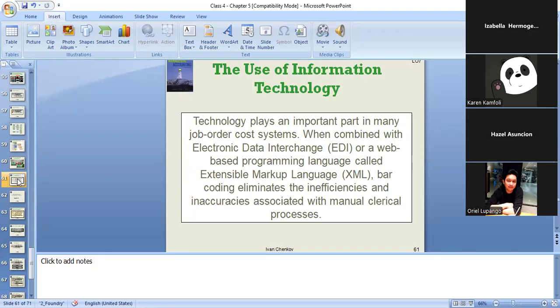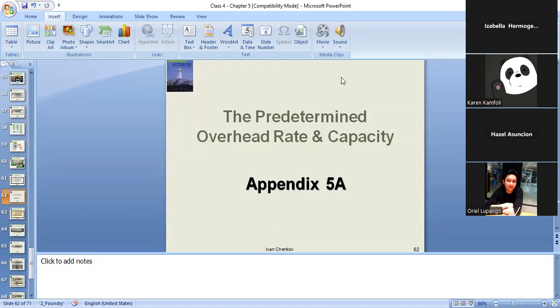So for information technology, we're going to use a language which can easily be translated into the Excel spreadsheet. And that's going to help us transfer the information into the Excel spreadsheet. In the Excel spreadsheet, as you can see, we can easily work with the numbers, come up with the calculation, and get the results. And that's about this chapter. The next one is something that is not related to us,